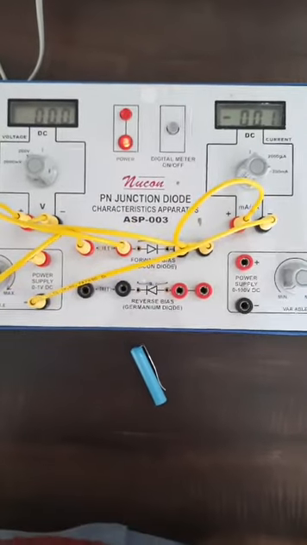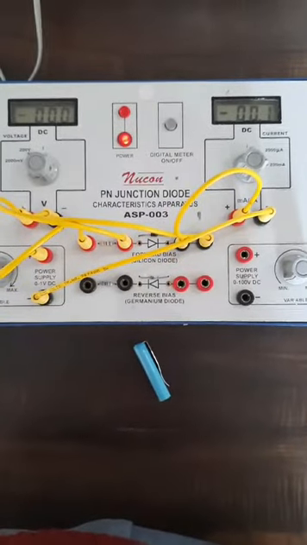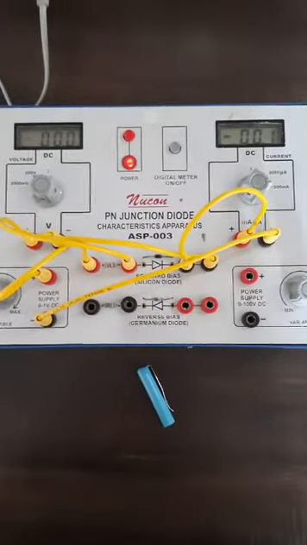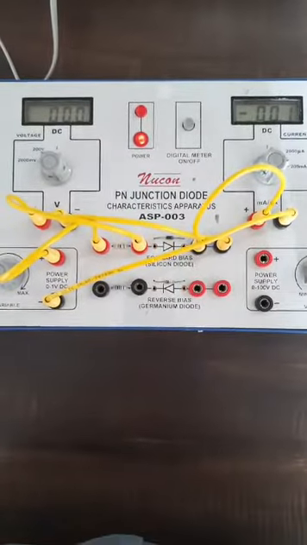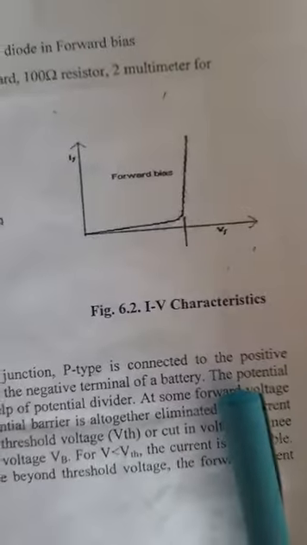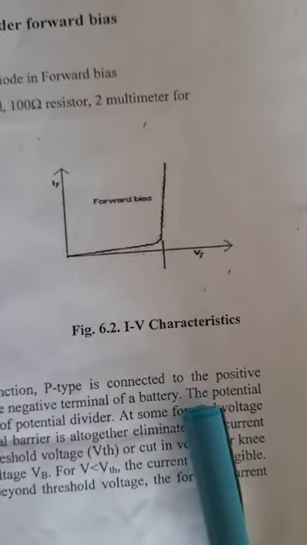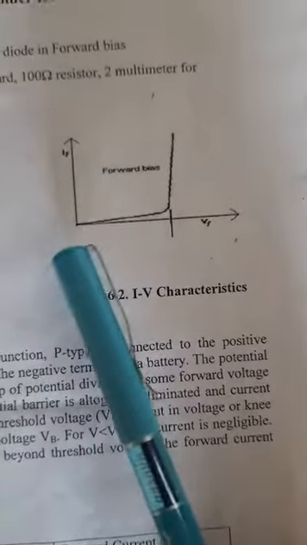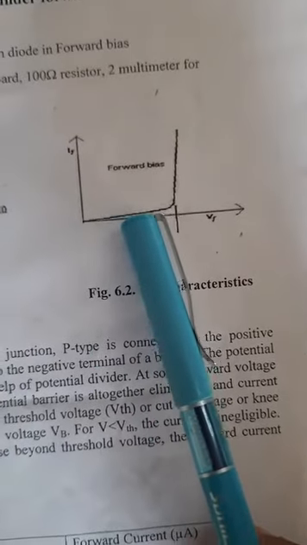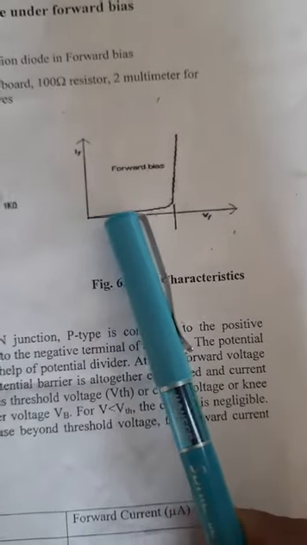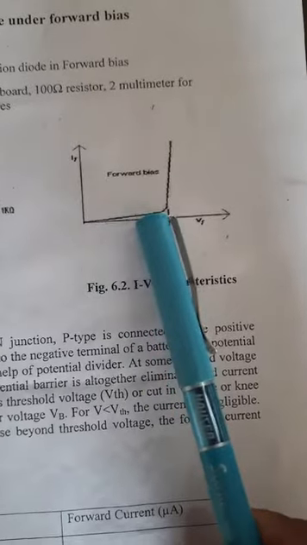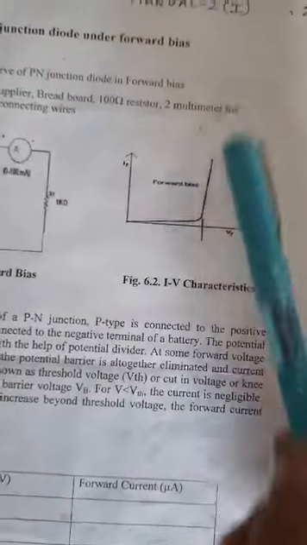You can observe both the meters, the ammeter as well as the voltmeter. These observations you need to note down the values. After that you will plot the characteristic, which will be like this. It will be verified if initially there is no current. As we increase the forward voltage, initially there is zero current. After that it will increase very slowly, and then suddenly there is a rise in the current. Here you will verify it.